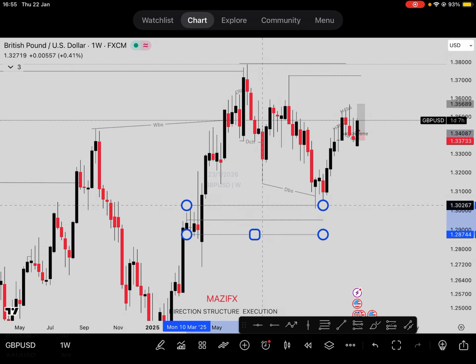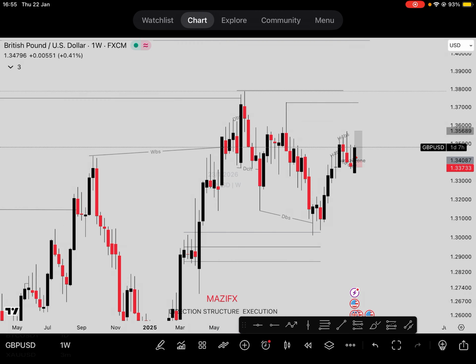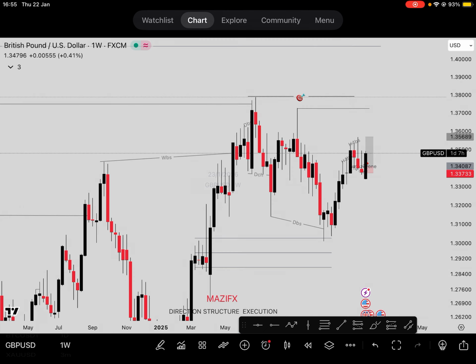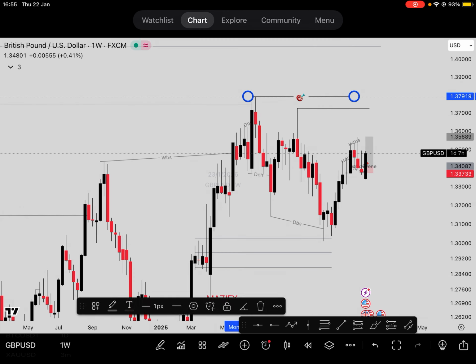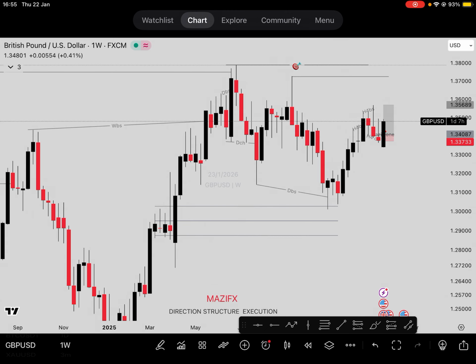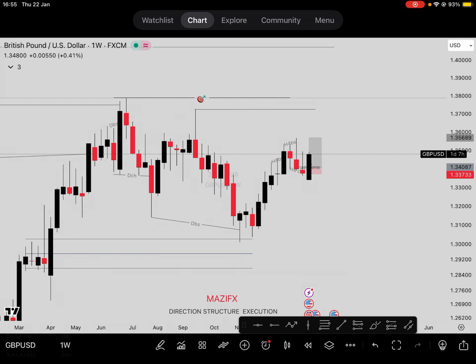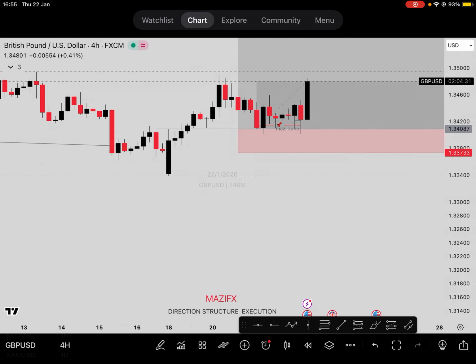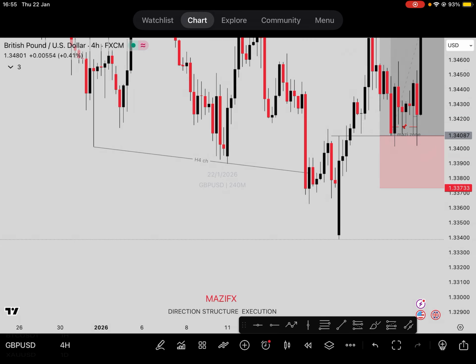So immediately it tapped this thing. Next thing I'm expecting is for weekly to push price to this overall high here. That is where weekly should push price. It doesn't matter what any other time frame under is saying. Weekly is higher than them, and weekly must clear everything out. So that was why I said, let me readjust my bias. So I had to go down to 4 hours again, since 4 hours works with weekly, and I started looking for a possible buy opportunity.